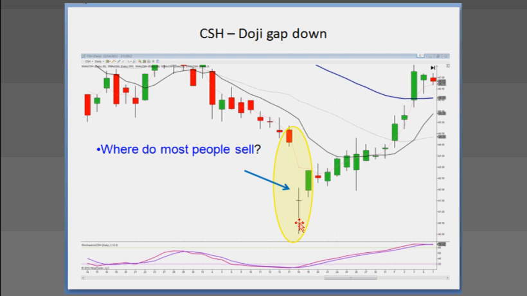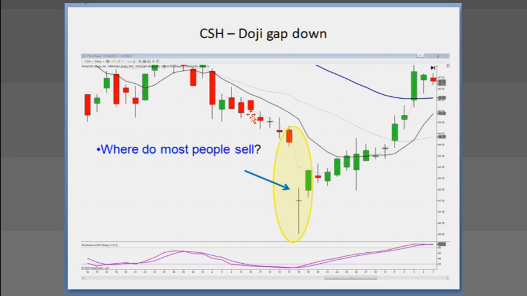We're looking for what the investor psychology is, what usually happens with investor sentiment. Where do most people sell? They panic sell at the bottom. And a lot of people say, well, where the heck do we grab for the falling knife? Candlestick analysis makes that a much easier